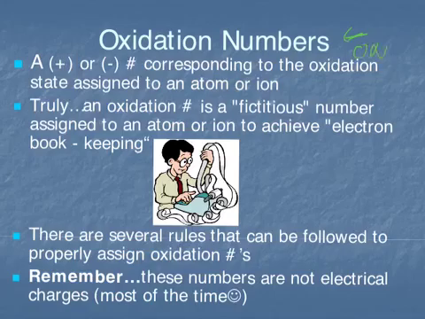It is really just a positive or negative integer, a whole number, that corresponds to what we call the oxidation state. Now, this is not a real state, but it's a fictitious state. An oxidation number is just a way of sort of counting electrons, or electron bookkeeping. And these are not charges, however, they're just a fictitious way that we can designate who has the electrons and